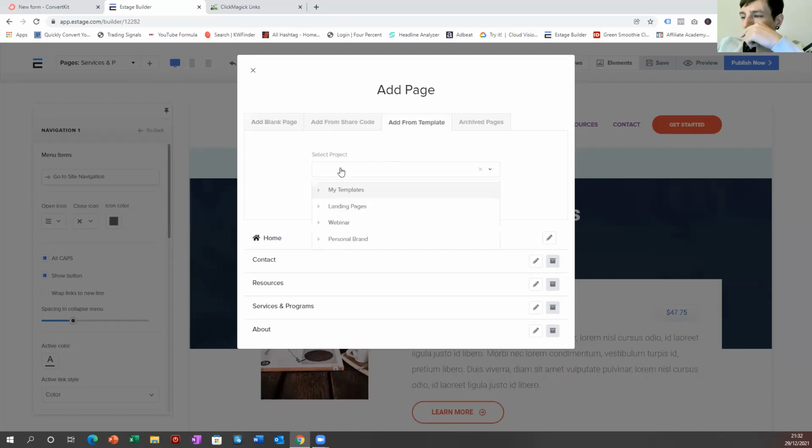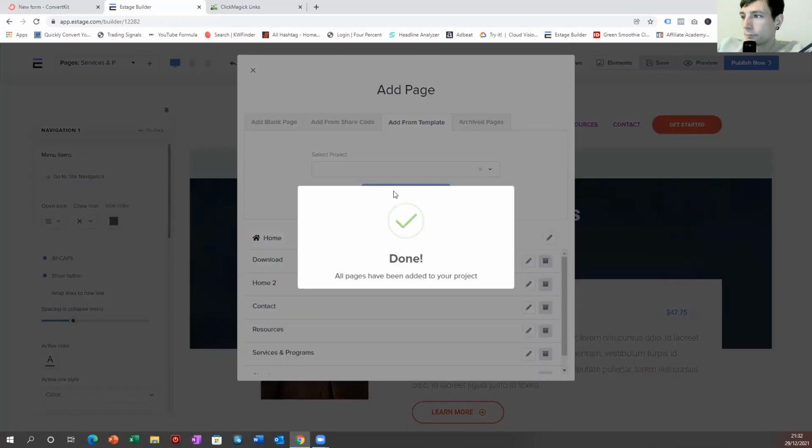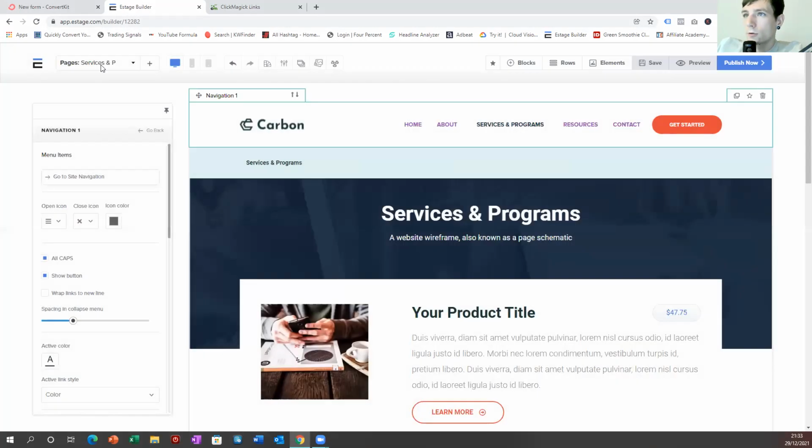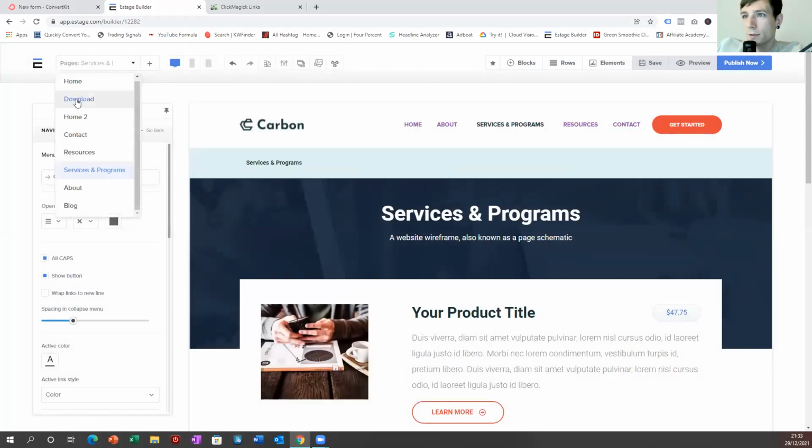So what we need next, now we've got this hub, all the pages are there, pretty much all done. We can customize this to whatever way we want. What I'm going to do here is go to a landing page. So let's see, what we need is an opt-in page. So I'm just going to go simple lead capture. Okay, and click on that, and then go add from template, and you'll see here we've got this download, and I'm just going to go to that page, and we're going to have a look and see what it's like.